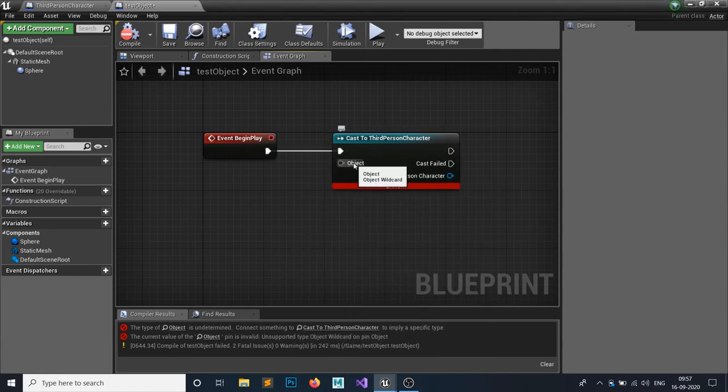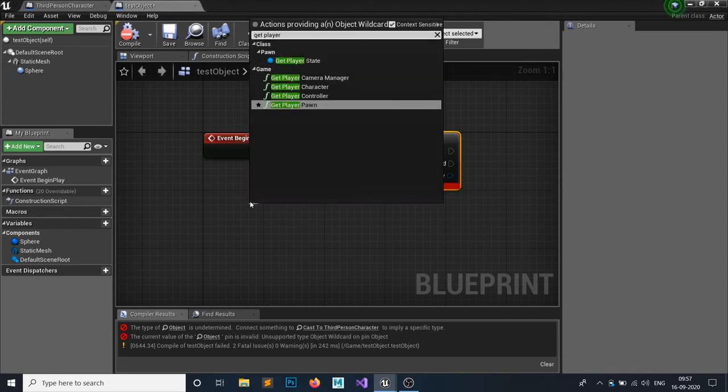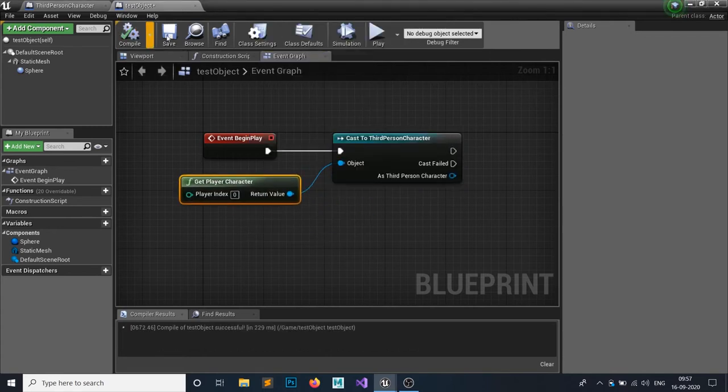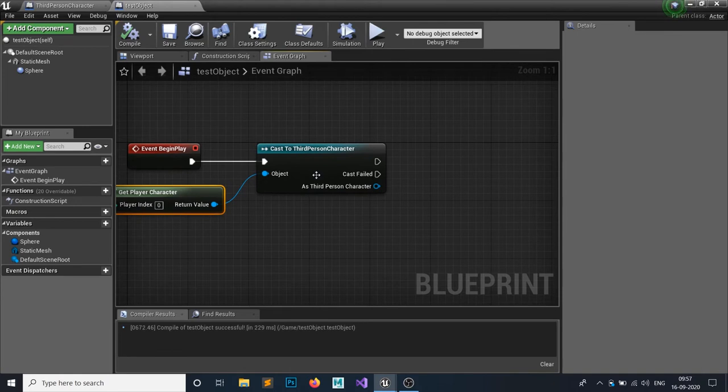The object is just like a pointer, a memory pointer, a reference to the object. So whenever you cast, it checks whether the object is the one we are looking for or not. If it is, it will cast to that object, and we can access all the functions of this third person character. So if we get player character, you get owner or anything you want. If you compile, the error is gone, and now we can access all the functions of this third person character.